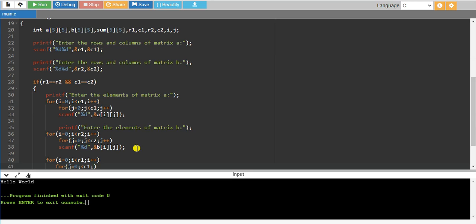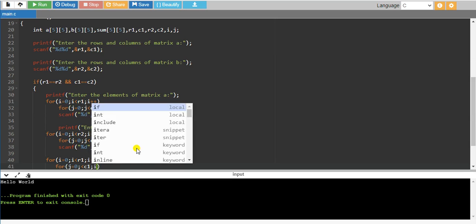After adding, it will store the elements in the new array, that is sum.